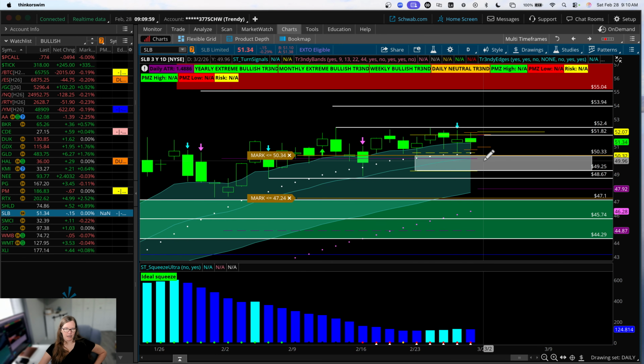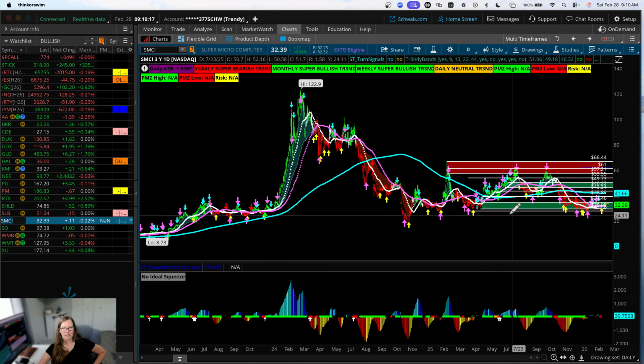All right, I still like this name. I'm still a dip buyer. If this zone breaks, and I might use 48.67 as my stop, I would stop out of the trade and wait for this as a separate, different trade. All right,